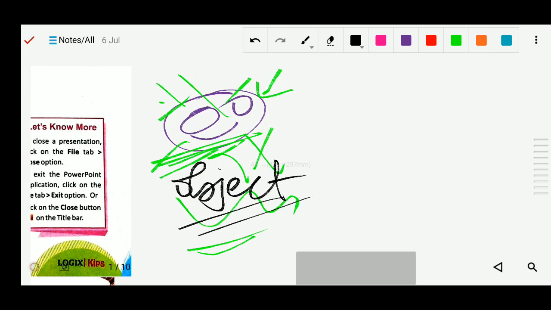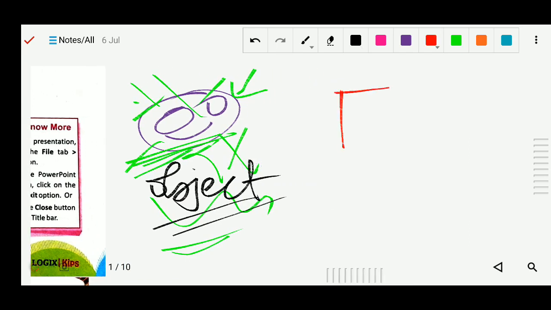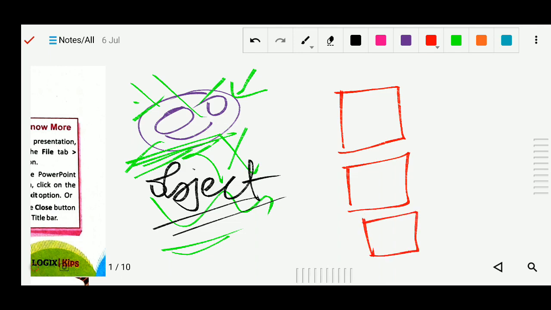But in the case of transition, we are talking about the slide. Suppose we have chosen three slides. In this slide some pictures are there, in this slide some text, and in this slide only some shapes.